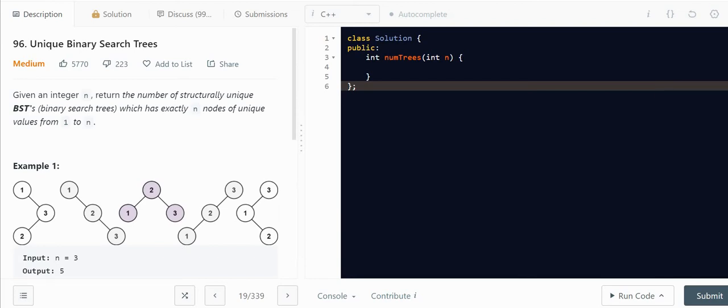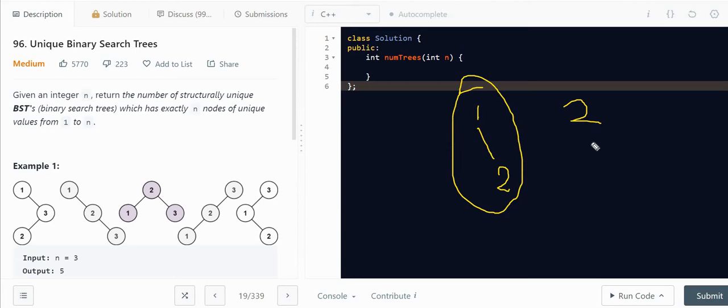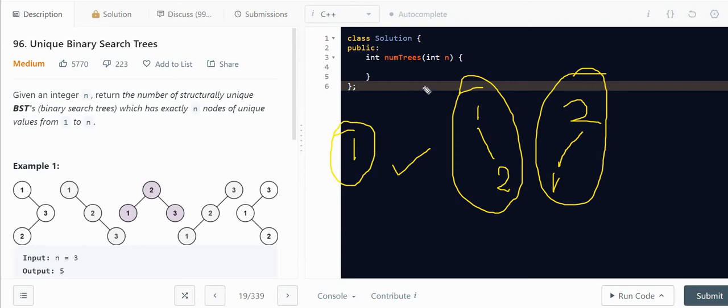So if I talk about two nodes, first of all take two positions, right? List 1 and 2, right? So 1 can be placed only after 2, and that is one possibility, right? And another possibility is if 2 is the head, so 1 can be placed to the left of 2, right? So it is one possibility. So 2 is placed right of 1 and 1 is placed left of 2. So there are only two possibilities. If I take only one element, there is only one possibility. So I think it's clear.